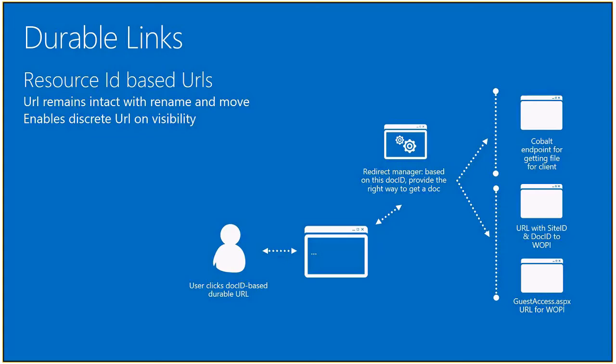can move the file, you can even rename it, move it to a different site collection even, but the durable link will stay with that piece of content. And it's not just limited to documents. You can also use it to link list items as well. And it's got a separate